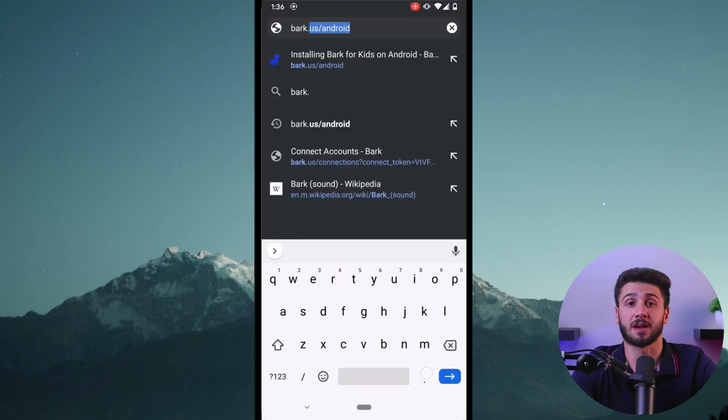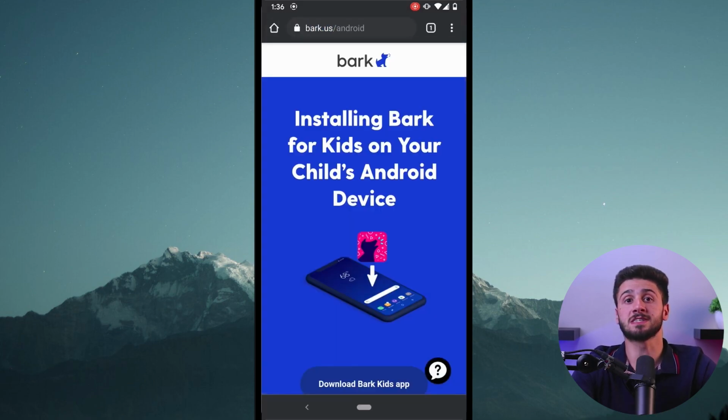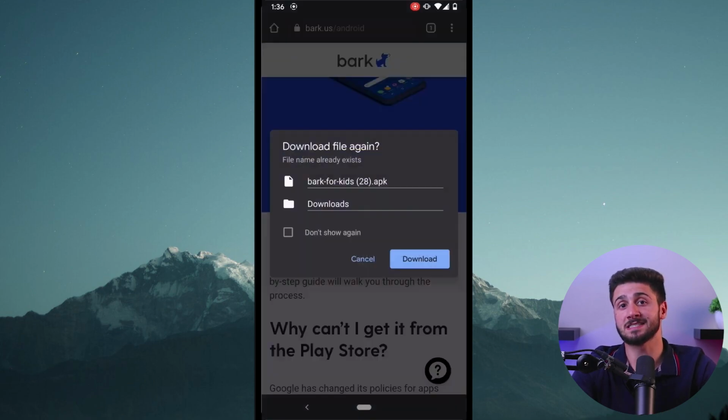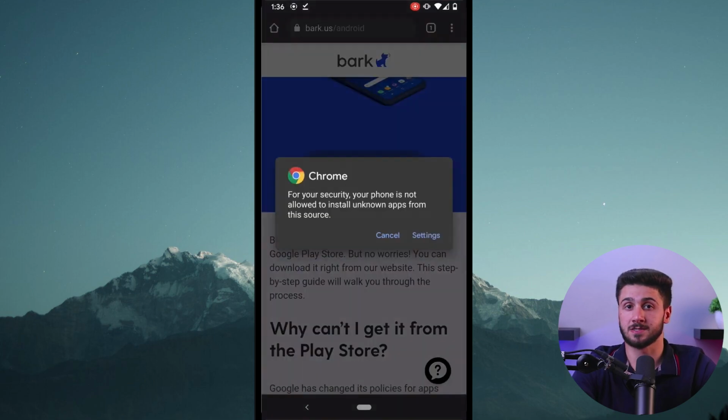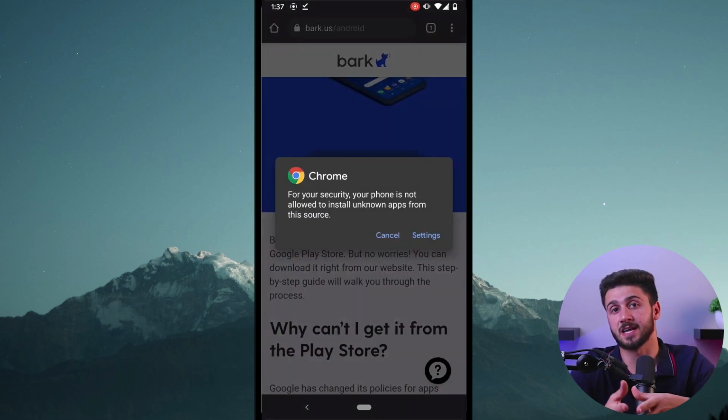Now, when it comes to ease of use, Bark's applications are user-friendly and intuitive. However, it's important to note that the functionality may vary across different devices. If you want to use Bark on an Android device, you'll need to download the app from the official website since it's not available on the Play Store. Now, you're also going to need to download 2 different apps during the setup. You'll need to download the parental control version on your own phone and a different version called Bark for Kids